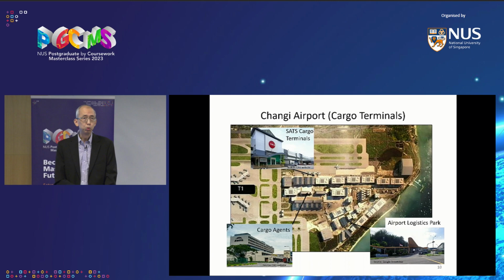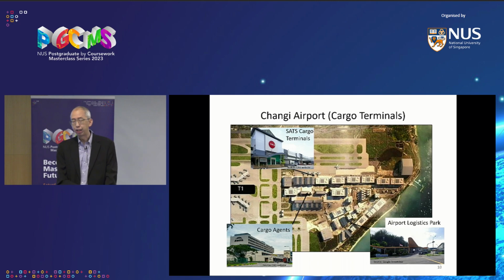In addition to passenger terminals, we also have cargo terminals. Every airport has cargo terminals. These are dedicated air freight terminals. So our big operators is SATS, which is a part of the Singapore Airlines group. So they operate cargo terminals on the upper part of the picture over there. And then in the middle, you have cargo agent buildings. They have cargo agent buildings A to F. And I believe they have a megaplex 1.